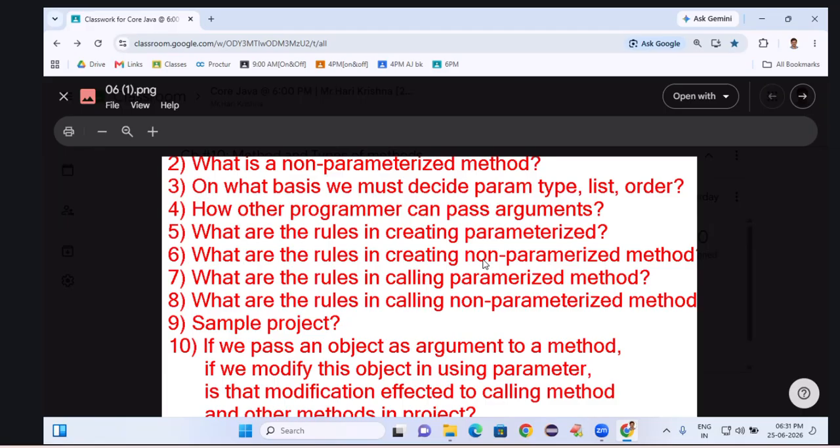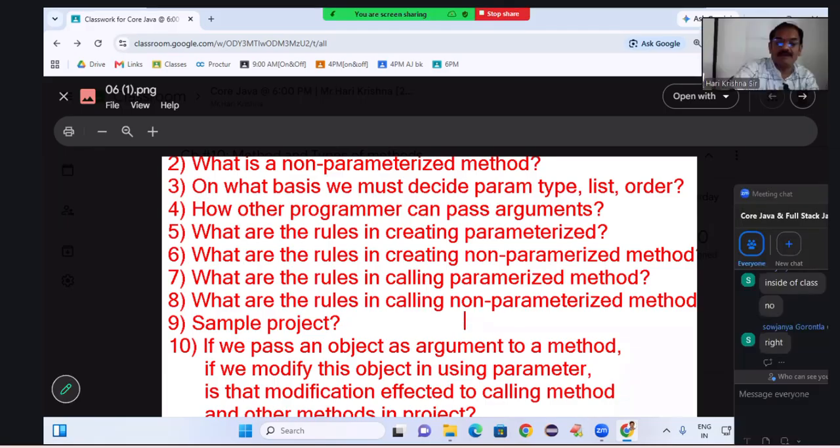What are the rules in creating a non-parameterized method? No rules. What are the rules in calling a parameterized method? I must pass an argument of the correct type. The argument is stored in a parameter variable. If the parameter is of type int,